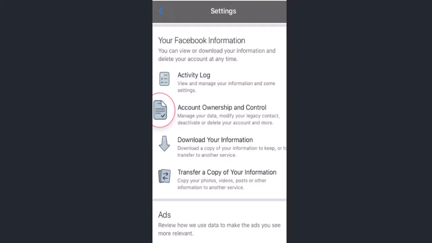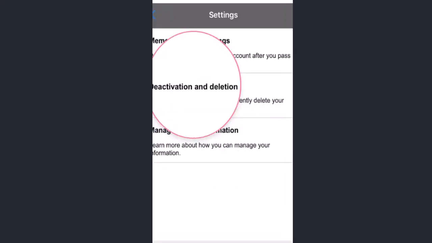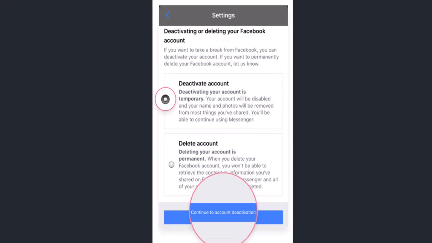So as you click on it, next interface will be directed to the settings page, and on this page you need to click on account ownership and control, and once again the page expands, and right in between you'll be able to see an option as deactivate and deletion. You need to click on it, and after that there are confirmation whether you want to deactivate or delete your account. So you have two different options, selected accordingly, and after that you need to tap on continue, which is